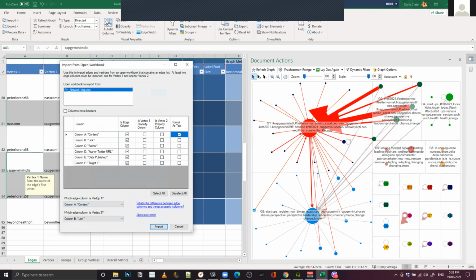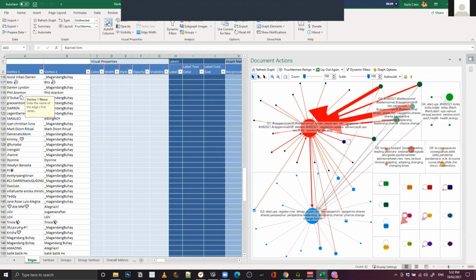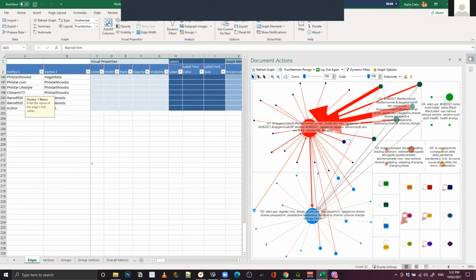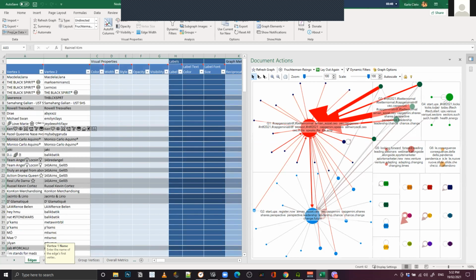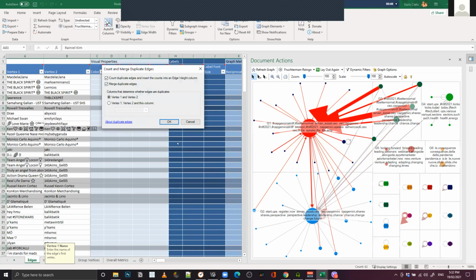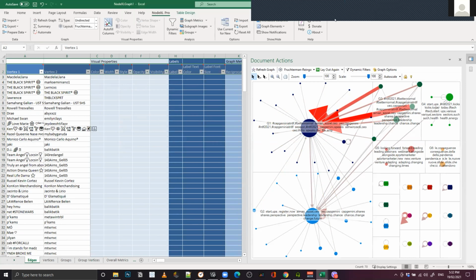Which edge column is vertex 1? So that again, that's the author of the tweet, di ba? So yung format ni Tim, naka-label siya as author. And then which edge column is vertex 2? Sa file ni Tim, it's labeled target 1. So ganun lang siya. And then if you click on import, i-populate na niya with that new data. So yan, we have our 200 rows here. And then you just go through the same steps. So you can, again, merge the duplicate edges. And then basically do all the same things that we did. Yan, ganun lang siya.